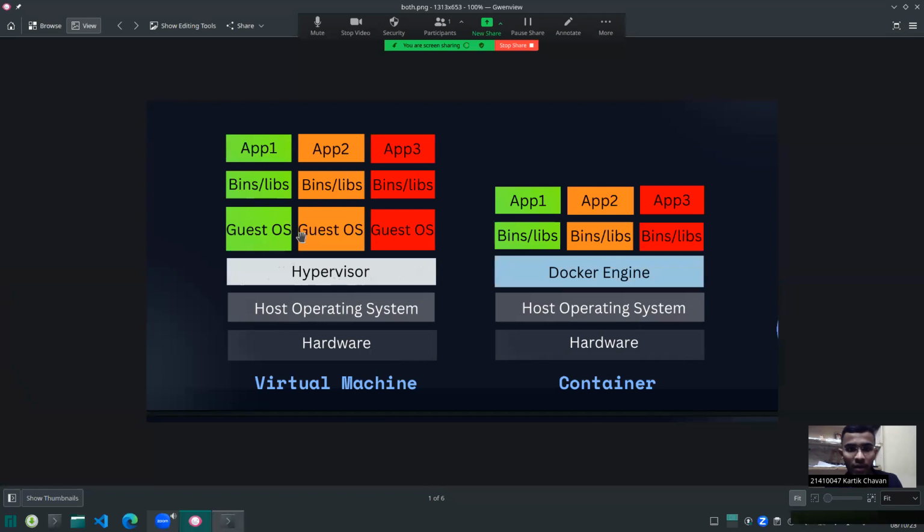Over the hypervisor there are multiple guest OS, meaning we can see virtual machines which can have different OS like Windows, Mac, Linux, and on every operating system there will be the dependencies, binary files and libraries, and over that we can run multiple applications. So this is the traditional virtual machine architecture.